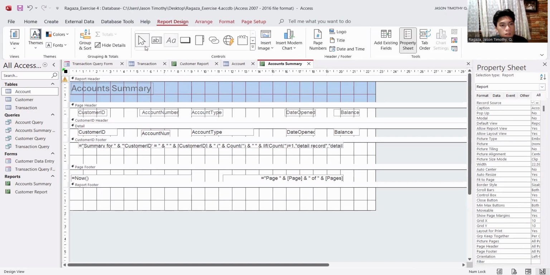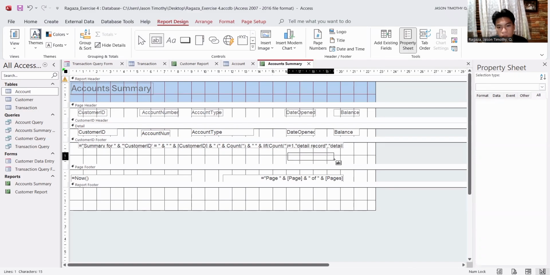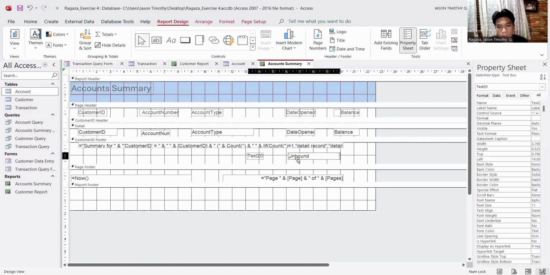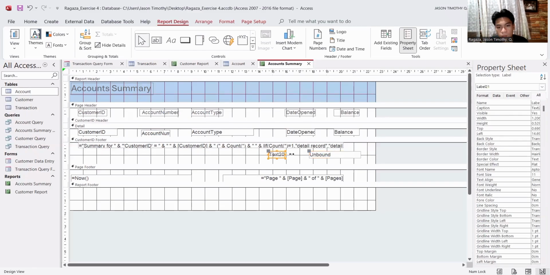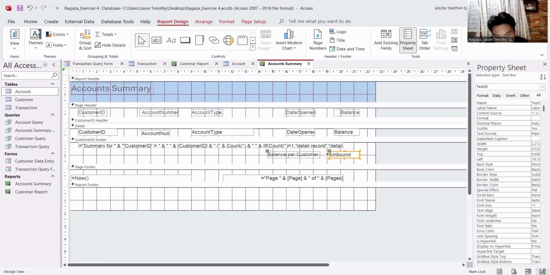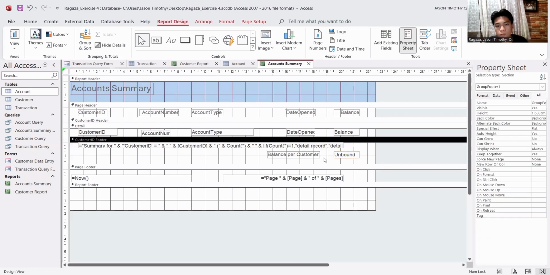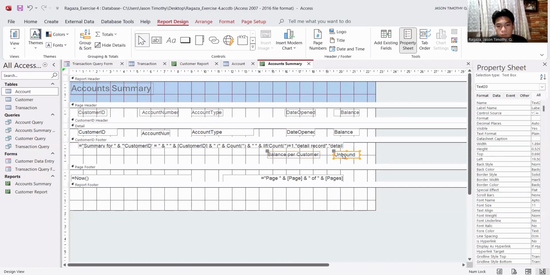We're going to the report design, then click on the text box, and then place a box there. For the first box that we have placed, we're going to name it balance for customer. We're going to input our first expression, which will be sum and then balance.